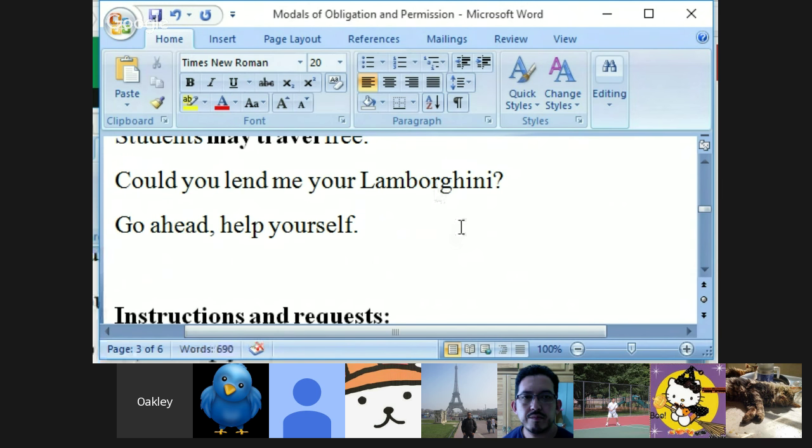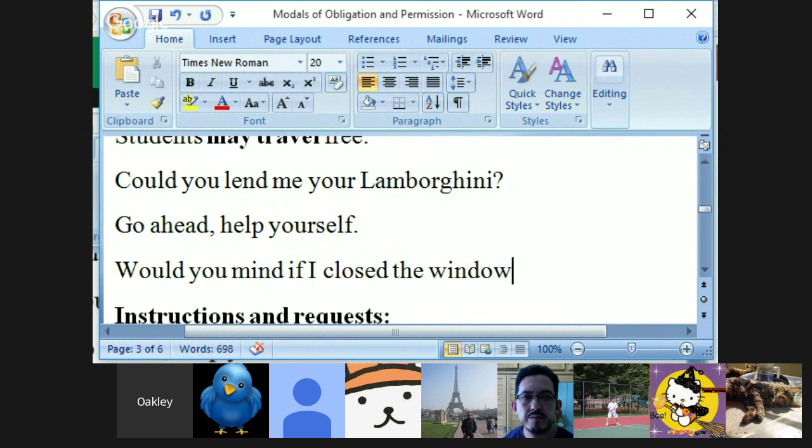Okay, now these aren't the only ways to ask. I was waiting to see if anybody would come up with an indirect question to ask for permission. The examples that we looked at in today's lesson so far have been direct questions. It is also possible to use indirect questions, something like, would you mind if I close the window? Maybe, would it be all right if I left work early?